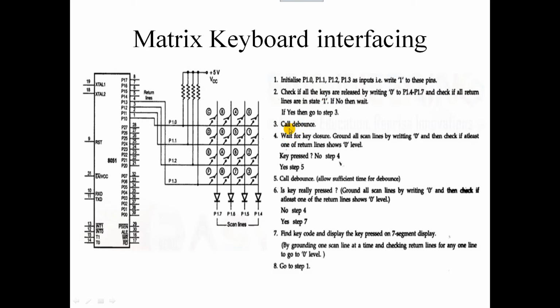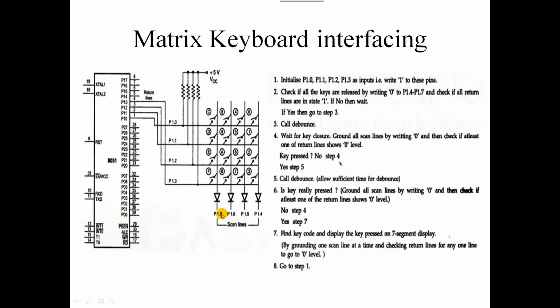If the debounce delay has been called, then it will be waiting for the key closure. While waiting for key closure, the scan lines are going to be supplied with 0. If the scan lines are supplied with 0, then we will be having the data of 7F for these keys,